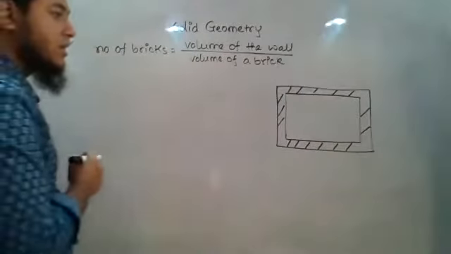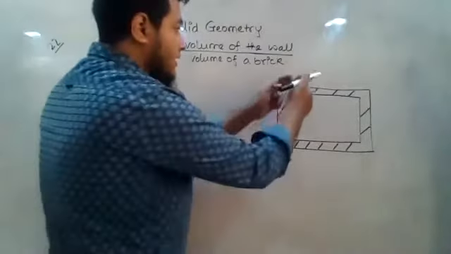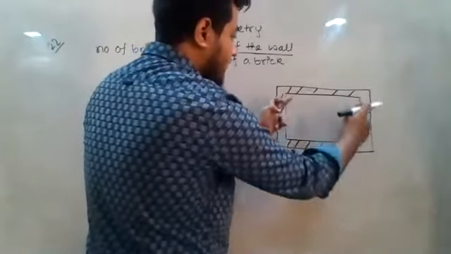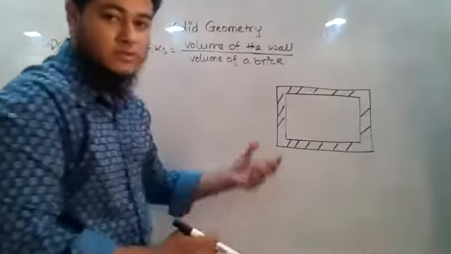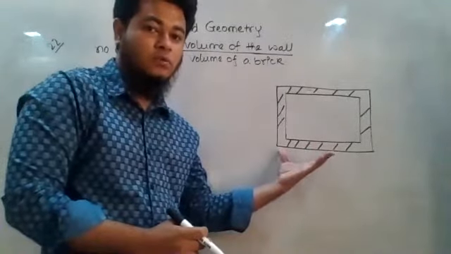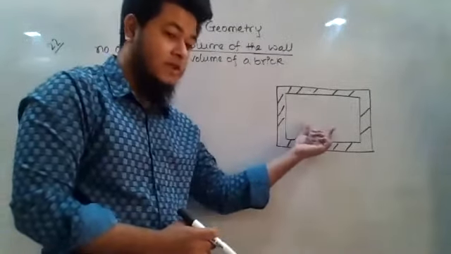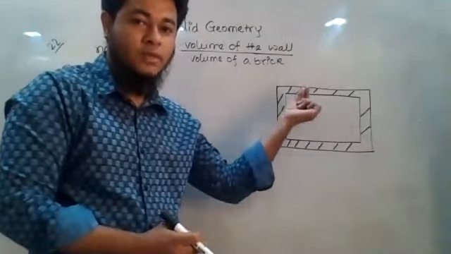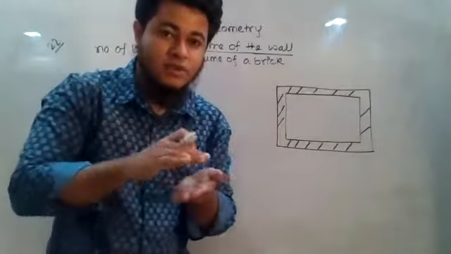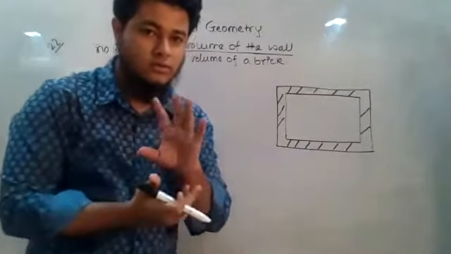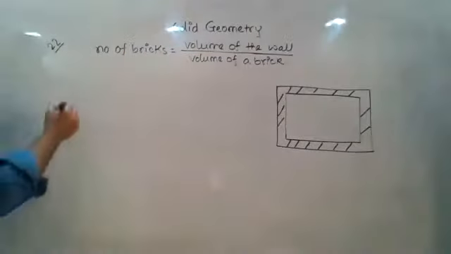How can you calculate the area of this place? The area of the larger rectangle minus the area of the inner, smaller rectangle. If you subtract the area of the inner one from the area of the outer one, you will find the area of the wall. And if you multiply that area by the height of the wall, you will find the volume of the wall. Did you get the picture of what I'm trying to do?